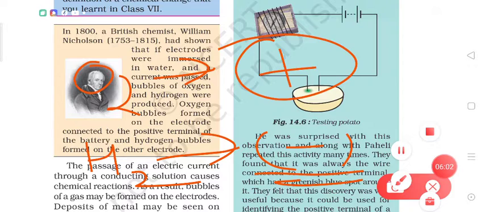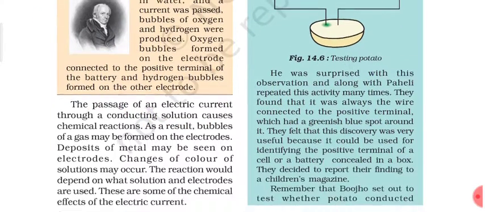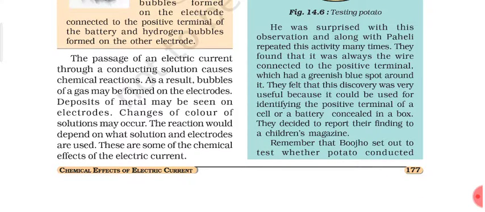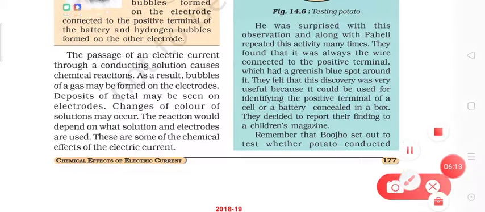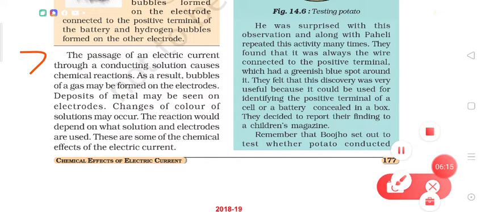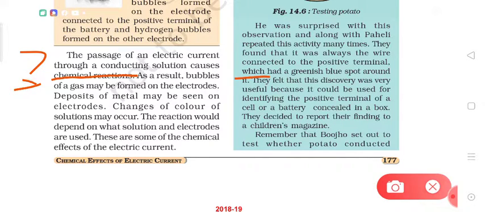Okay, dear students, how can you notice that a chemical reaction is taking place when electric current is passing through some solution? Let's look at this. What is written here? The passage of an electric current through a conducting solution causes chemical reactions. This we have already discussed. Now, how did we come to know that a chemical reaction is taking place? This may be because the bubbles of a gas may be formed on the